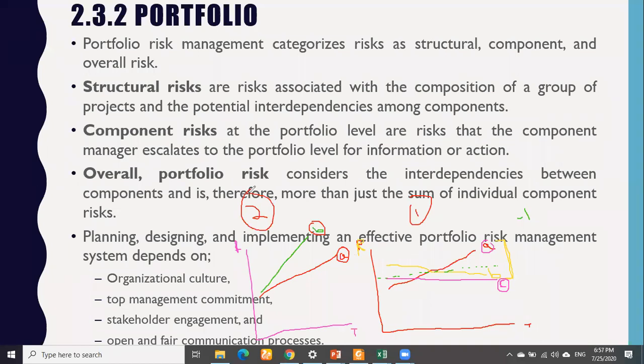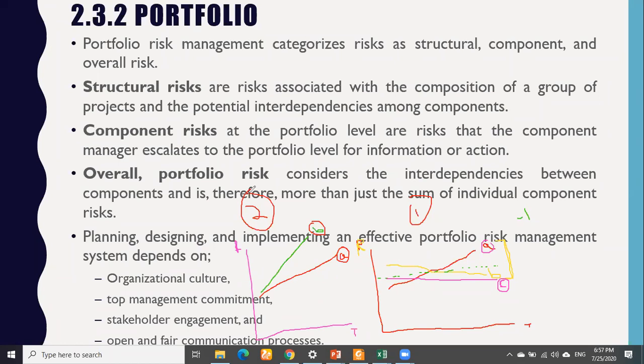2 maybe. Yes, Bidadi, can you explain why 2 is exposed to the risk? Sorry, I didn't get it. Can you please elaborate why you consider 2 more risky over 1? More risky, it's 1. You think 1 is more risky? Yeah, because as one is growing, the other one is declining. I guess 1, because one program is affecting the other. So if one got affected, I guess the second will be affected as well.